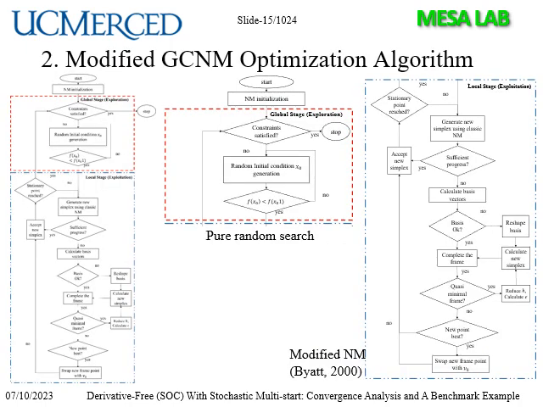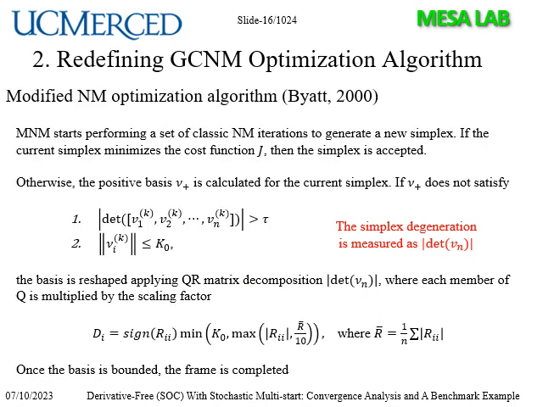In that sense, if we want to use that idea for our Nelder-Mead problem, we need to modify the globalized constrained Nelder-Mead a little bit in order to make it fit with these two definitions: the global search produced by the pure random search, and the modified Nelder-Mead to account for the simplex deformation and be able to use the tools described before. The modified Nelder-Mead will account for the simplex deformation based on the proposed limits, the stopping condition and the scaling factor.